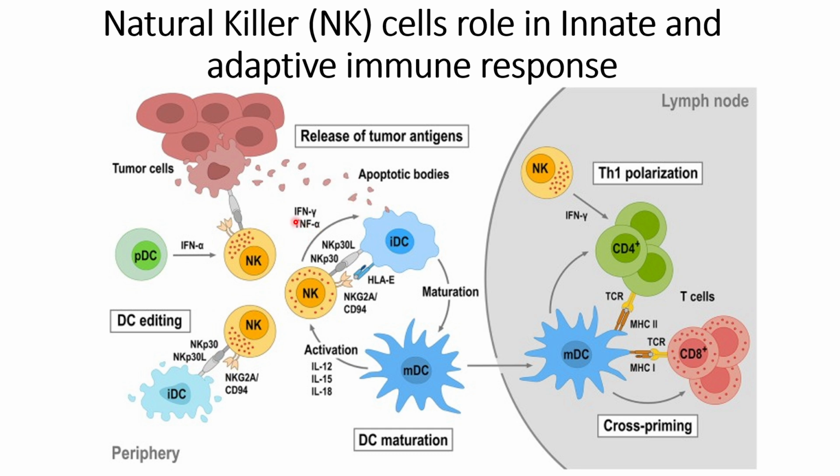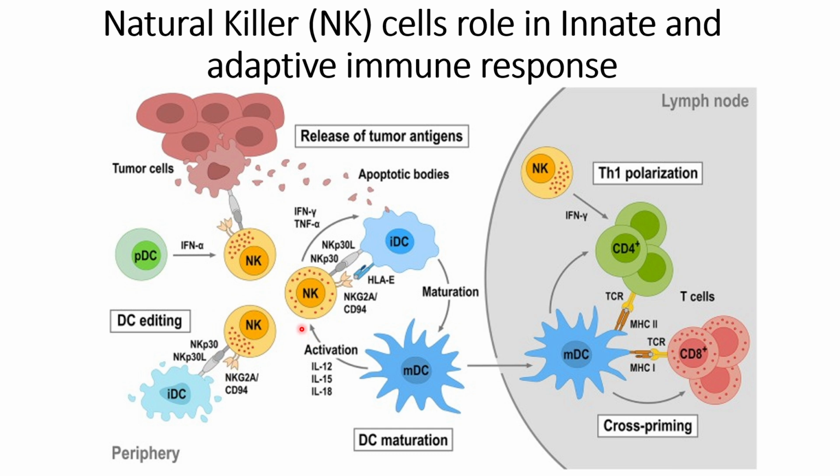Then, through the release of cytokines by natural killer cells such as IFN-gamma and TNF-alpha, it will help in the maturation of these immature dendritic cells into mature dendritic cells. And these mature dendritic cells will release cytokines such as interleukin 12, interleukin 15, and interleukin 18 that help in the activation of these NK cells. So this cycles in turn